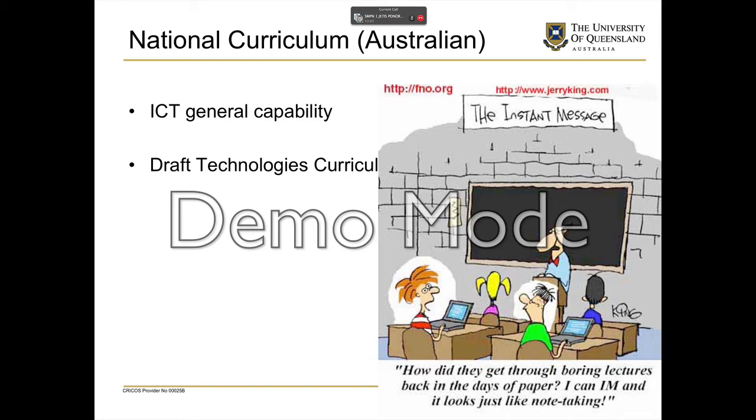So, I mean, this is one part of the ICT general capability, but what we can see is that there's a real expectation that students are interpreting and creating print as well as visual and multimodal text. They're using communication technologies, conducting research, and collaborating and communicating electronically, and they also have ICT that they're using to access, analyze, modify and create those multimodal texts. So in other words, ICT is really all-encompassing, which is really quite impressive.